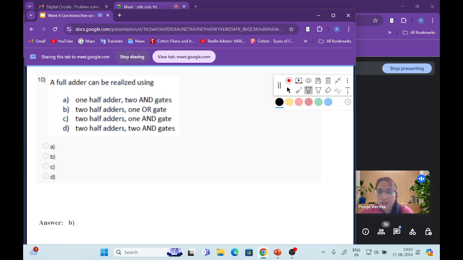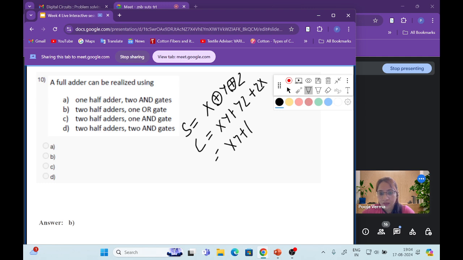So already we know the Boolean expression for a full adder. For sum, it is x XOR y XOR z, and for carry it is xy plus yz plus zx. There is one other expression also: xy plus (x XOR y) into z. So if we add the two half adders,